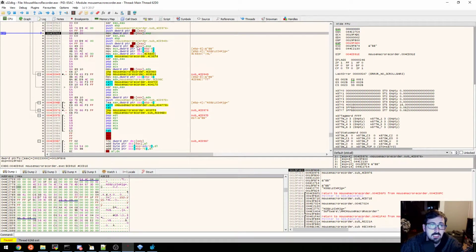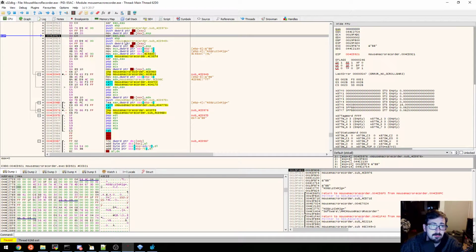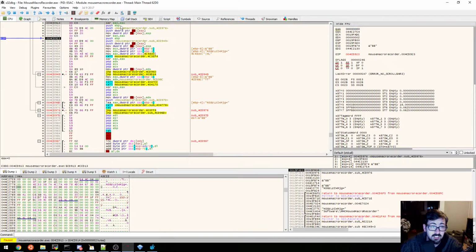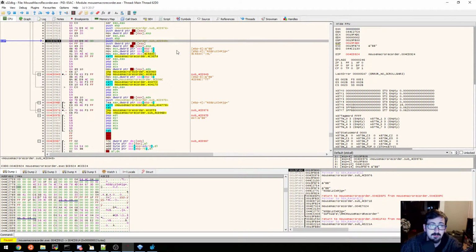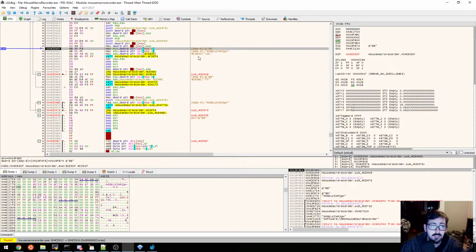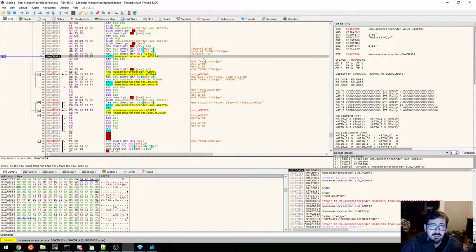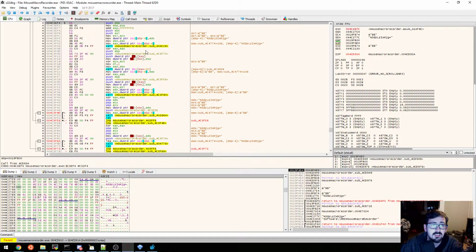FS0. Move. Yeah, okay, we're moving our frame pointer. We did that right here. Okay, you did that already. Push EBP. Push that again. Readjust. Calls this. Let's just see what it does after.